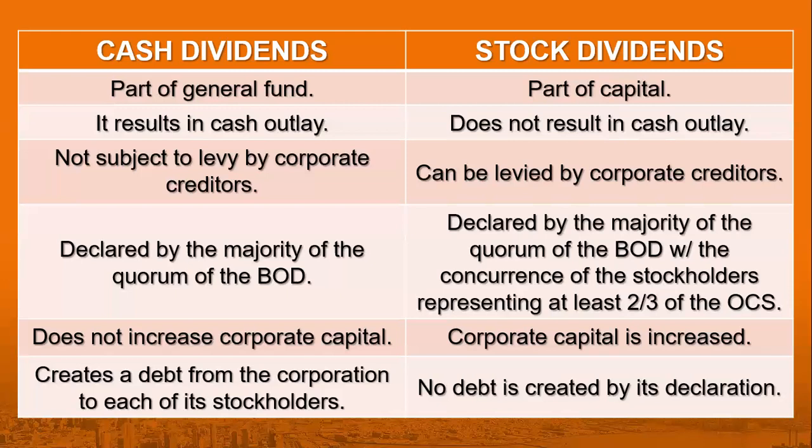While when stock dividends are declared, the majority of the quorum of the BOD with the concurrence of the stockholders representing at least two-thirds of the outstanding capital stock is needed. Dito, need ng vote by the stockholders para malaman kung gusto ba nila na madagdagan yung stocks nila sa company or hindi. If hindi, kahit pa may approval ng BOD, kung di naman pumayag ang stockholders, wala din declaration na